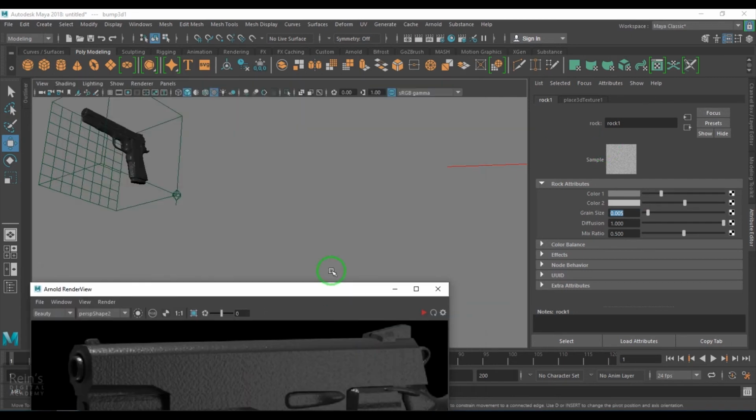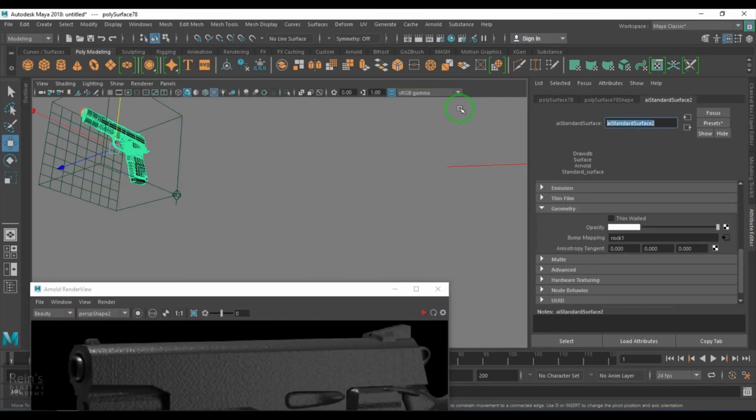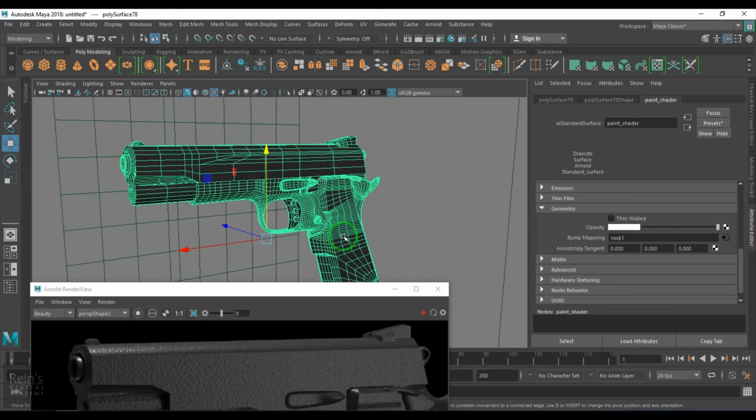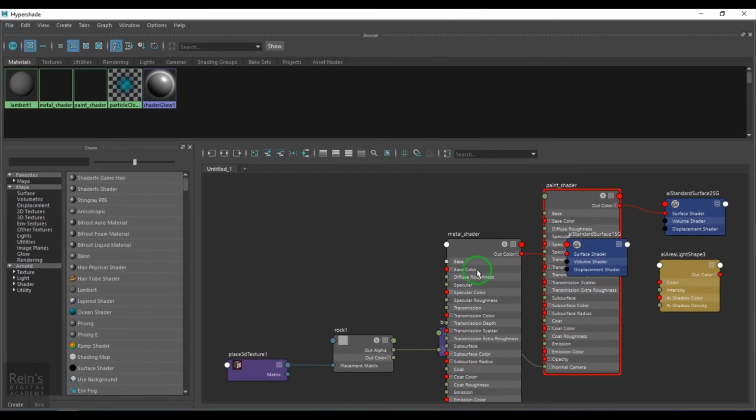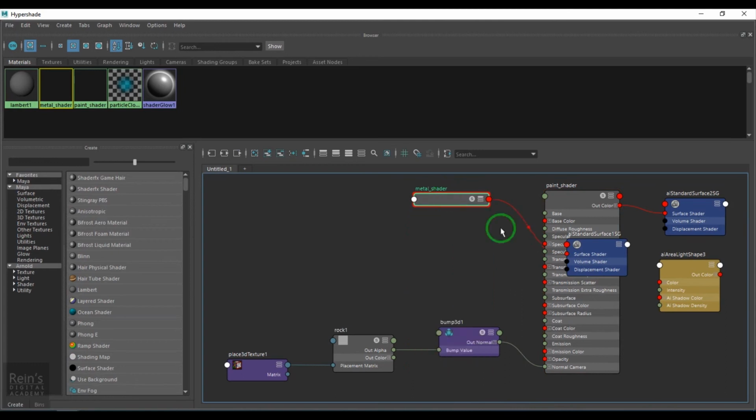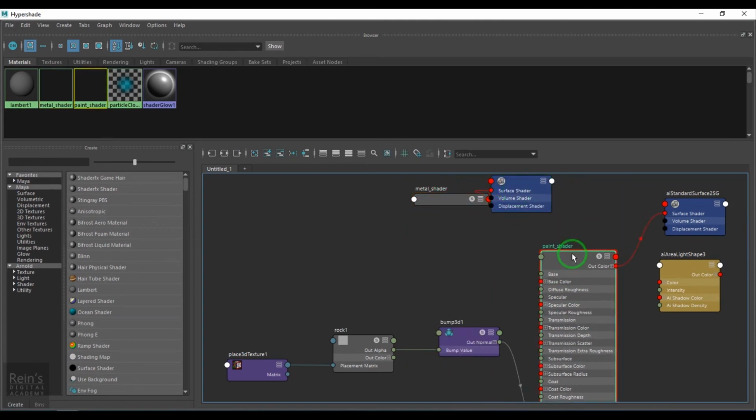And I scale the texture. We have the grain size, keep it very low, and then create that nice roughness here.